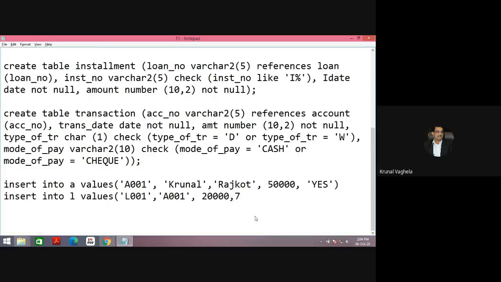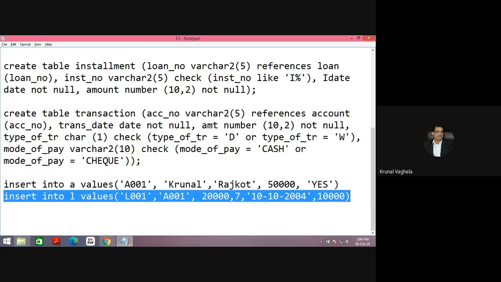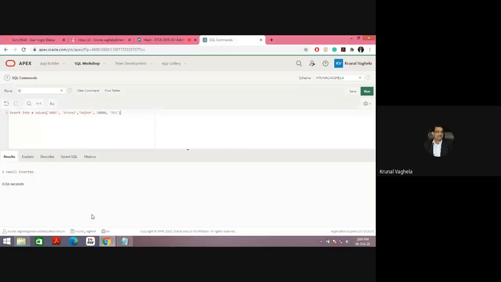Interest rate is 7. Date is, for example, and remaining amount is 10,000. So I'm inserting just random values. So 2 rows inserted. Now let me show you the data.